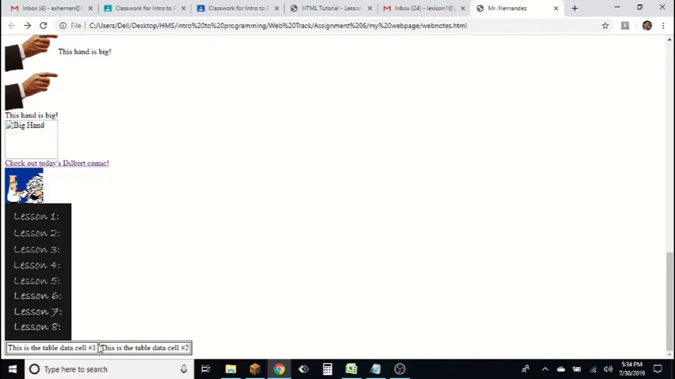So this is the border. This little thing that you see, and then the cell padding and the cell spacing is how much space is between the border and the words or the pictures or whatever. So this is basic table stuff. Okay,